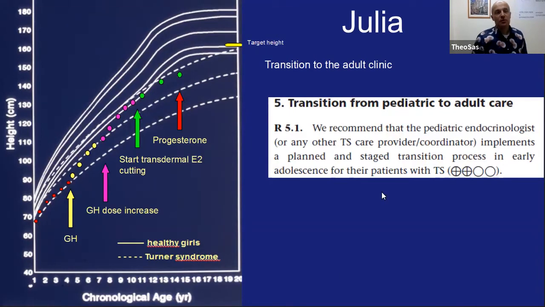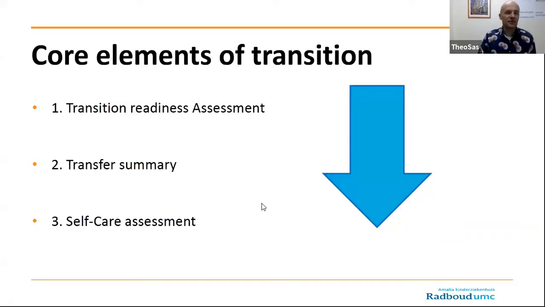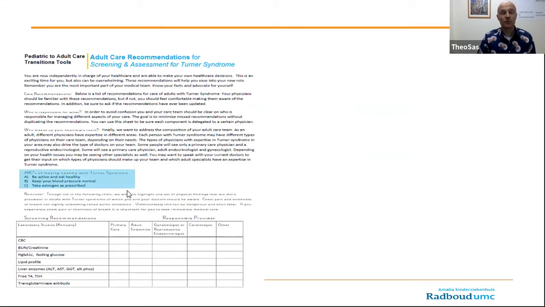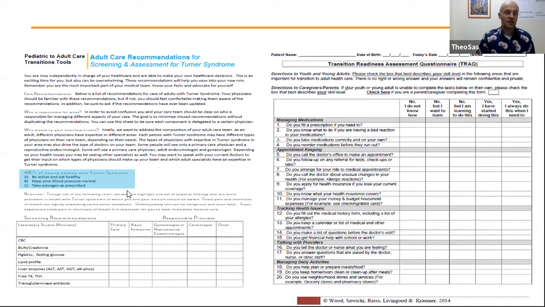And of course, transition. The moment now to think about transition is rather late. You have to start earlier. You have to talk with your patient, because I think it's a very important moment: the care is done by the pediatrician, but for the rest of their lives, they are not with the pediatrician anymore. So we have to prepare them for transition and for being an adult. You need to know whether they are ready for transition. We need a transfer summary, particularly when they're going to another hospital. And of course, they have to take care of themselves. And these are examples which are used for these things.